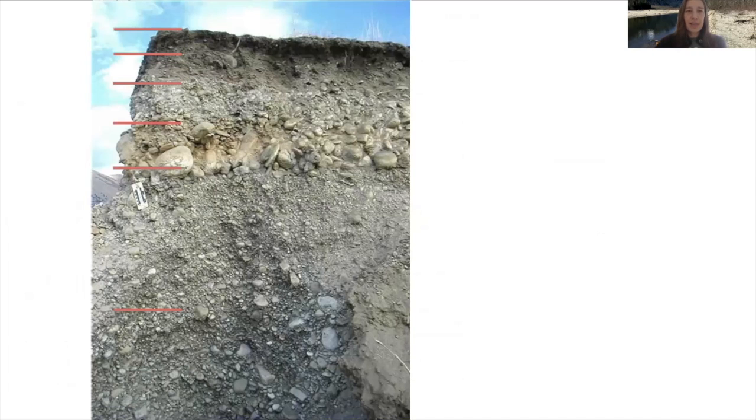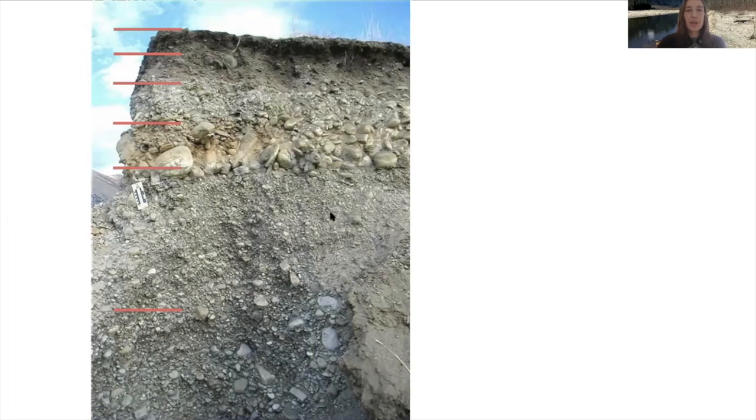You can see on this outcrop of dirt, there are several red lines. These are where I'm marking distinct horizons. Above the top red line, you can see the zone is very dark in color. Below that, you can see that it is a paler color, a distinctly paler color, and there isn't any evidence